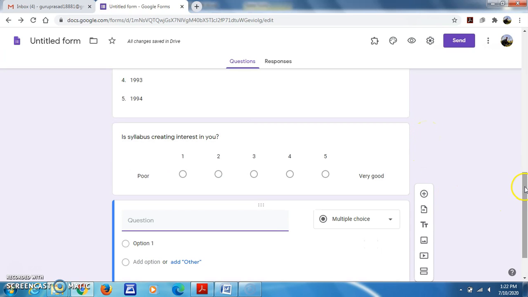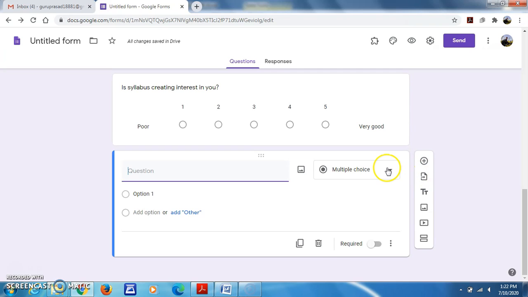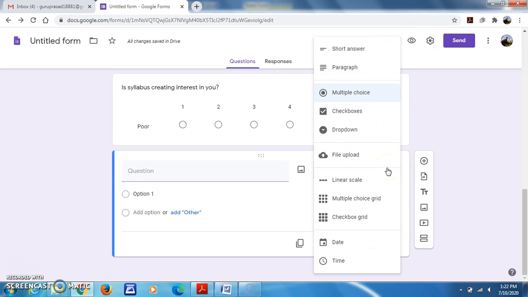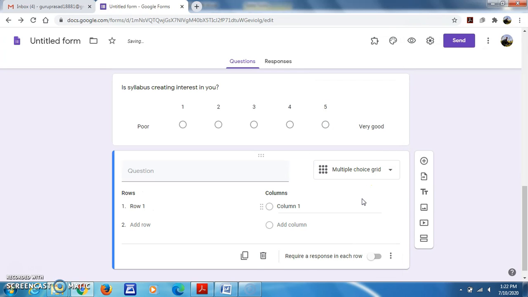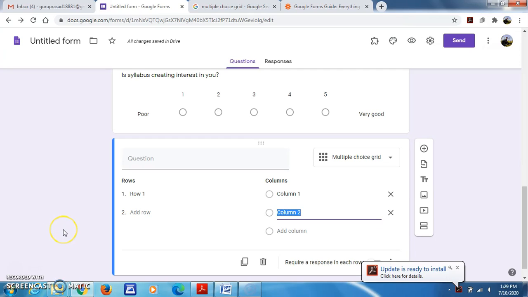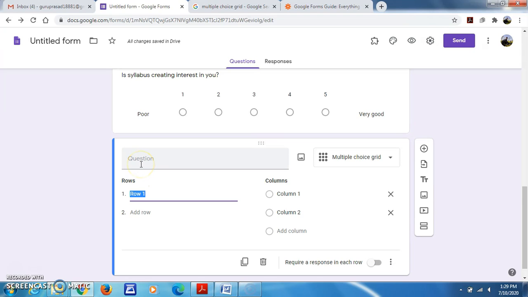So next again we can see the multiple choice grid. Multiple choice grid is, as I said, you can have like this. So generally I will want to know about some options, so I want to know about Google tools.